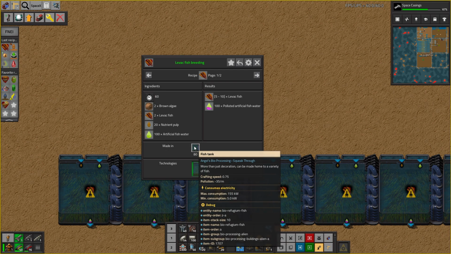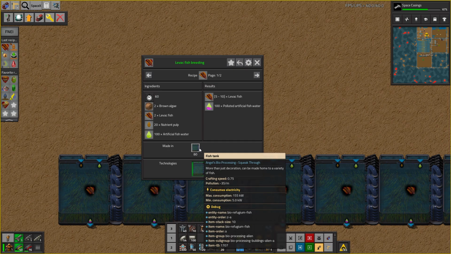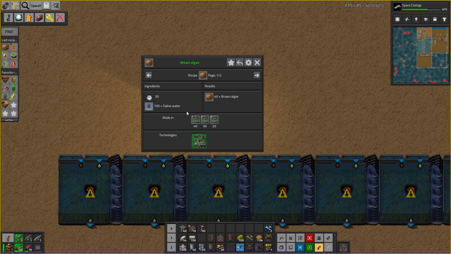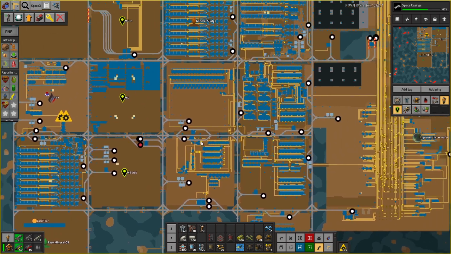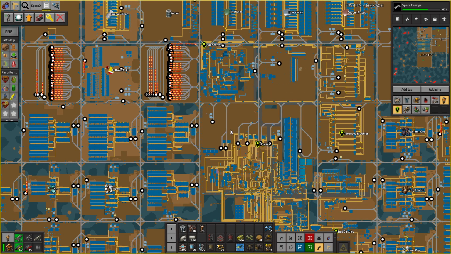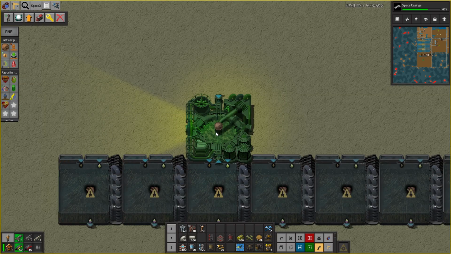Made in 80. These things take 80 seconds. So we need 20 of these in 80 seconds. Huh. Even an algae farm 1 should be able to do that. Do I have any algae farms on me? I don't think so. Algae farm. I think... Yeah, one of these. Well, that's a 3, so it's probably far stronger than we really need, but...